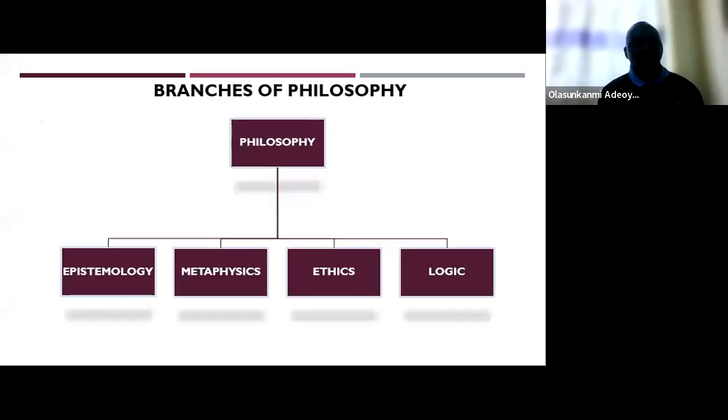Then we talk about branches of philosophy. So many people are asking questions that focus majorly on epistemology. Now, don't belabor yourself, we are going to take all these branches one after the other. Epistemology deals with questions regarding knowledge. Simply put, it is the study of knowledge. What do we want to study in knowledge? We want to study sources of knowledge, types of knowledge. I hope you understand me. How can I get it? How can it be acquired? Do you understand? This is just an introductory class into philosophy.